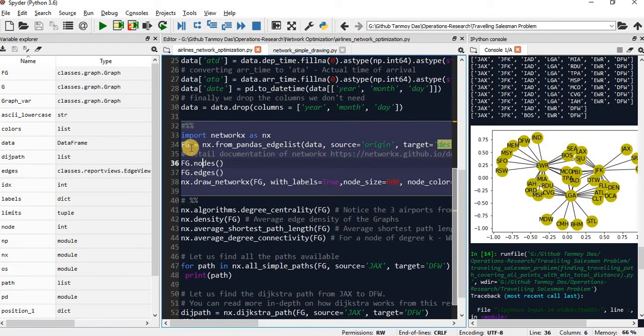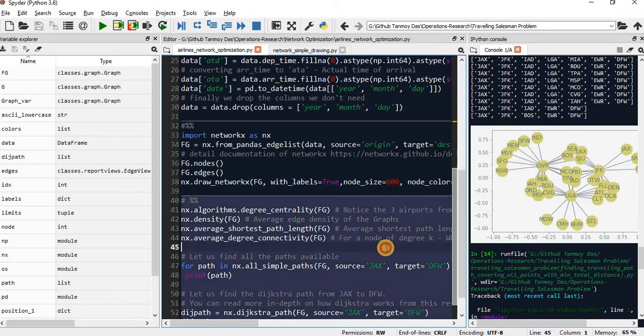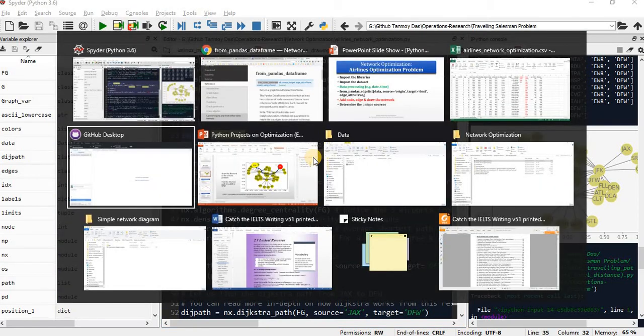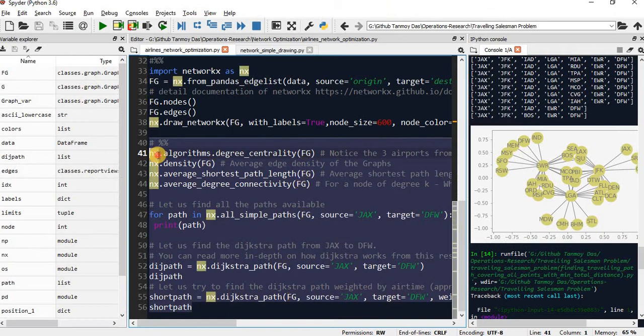Now we are defining our node and edge, and we are drawing the diagram. If I run this line of code, it will produce this network. So we have obtained our network, but we need to solve that problem, right? We need to find the shortest path between these 2 airports for a particular airline. For that reason,